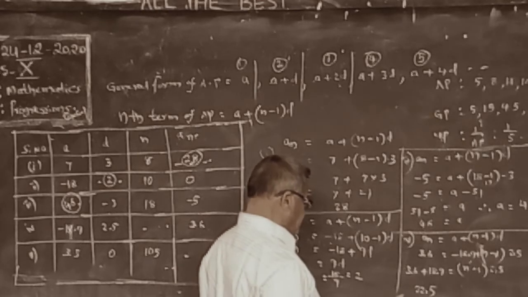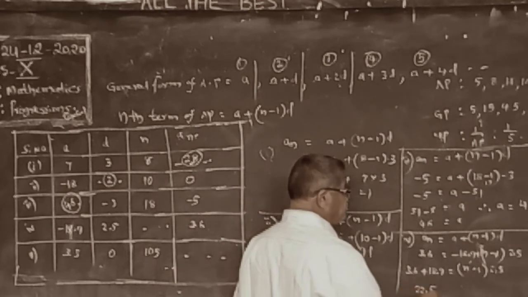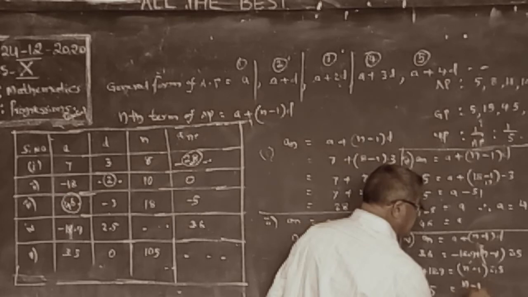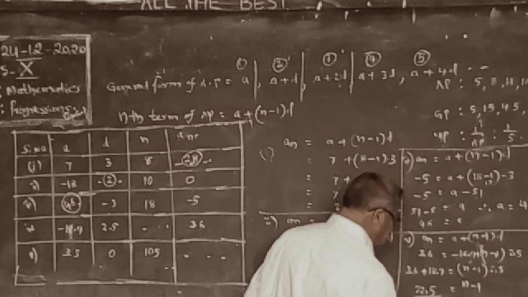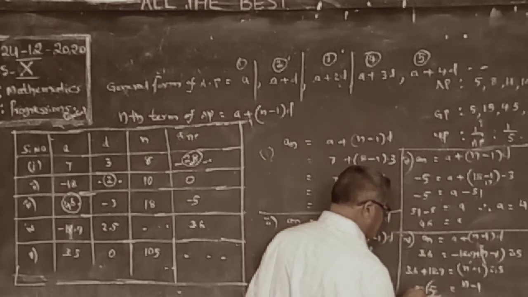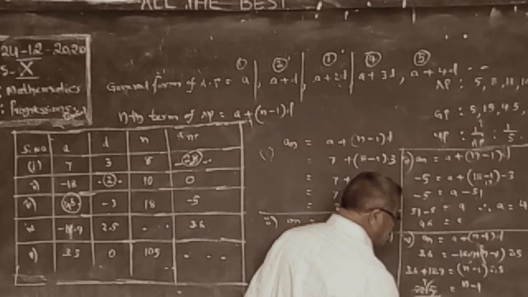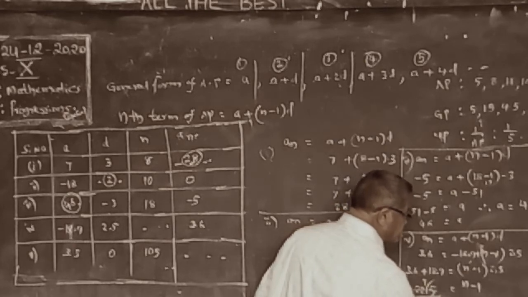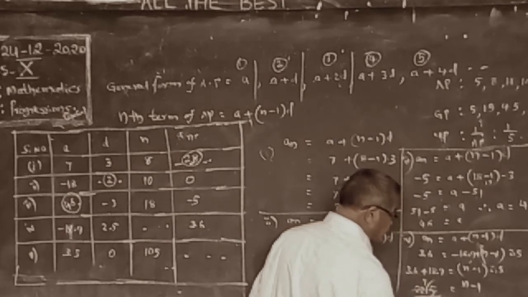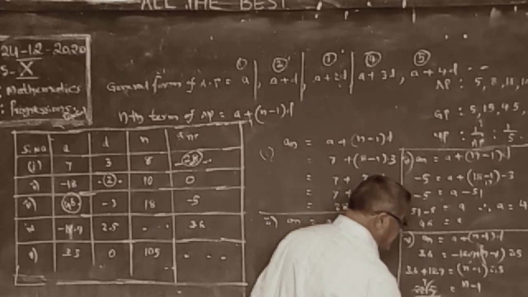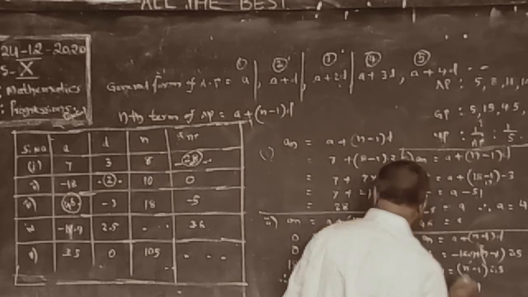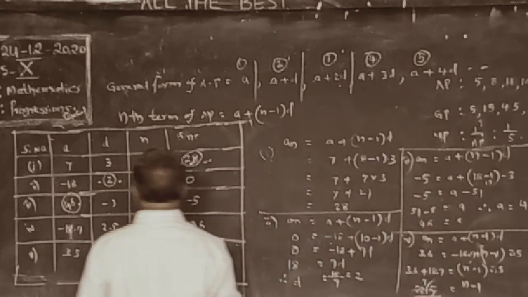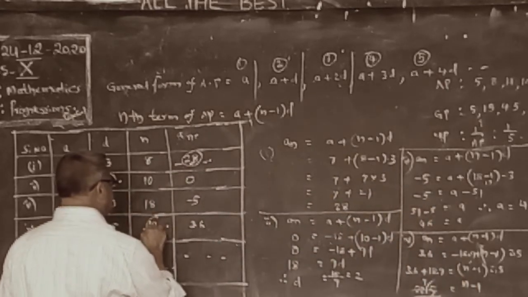18 plus 3, 21 plus 5 equals N minus 1. This 2.5 will come to this side as division. The decimal cancels: 25 by 25 gives 9. So 9 is equal to N minus 1. Minus 1 will come to this side as plus, so 9 plus 1 is 10. N is equal to 10.